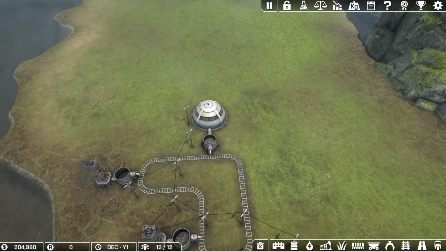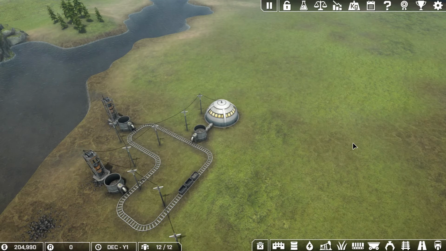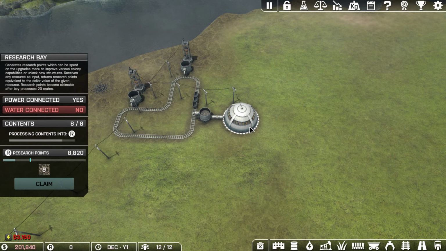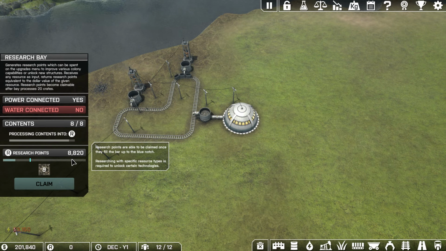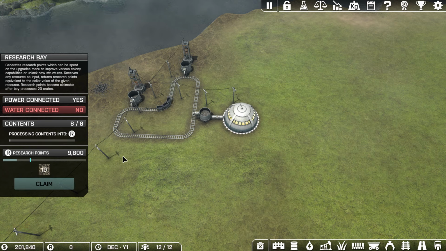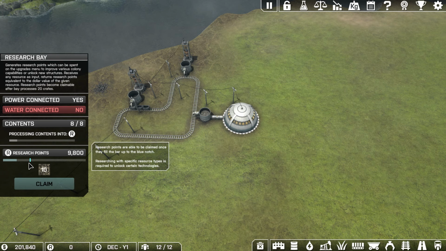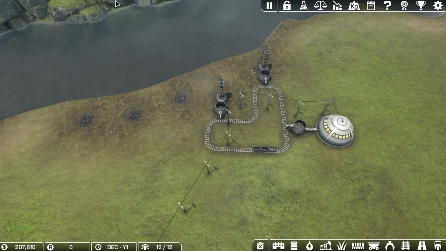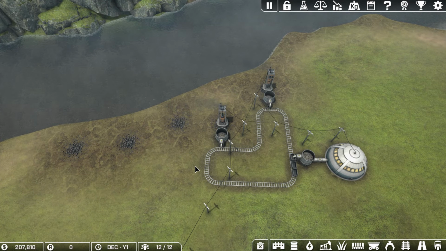So let's spin the map this way for a minute. What do we have in there? 8,000. Let's wait till we can claim that, and then I'll change that up a little bit. But in the meantime, we're going to spend a little bit more money. We are going to get...